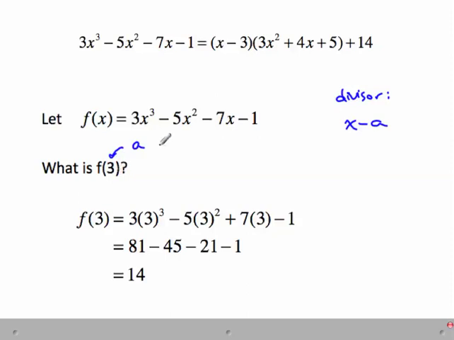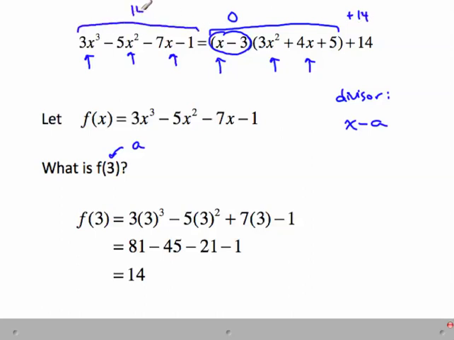Is that a coincidence? No, it's not. Take a look at the statement above. This is an equation, so the left side and the right side have to remain equal no matter what we substitute in for x. If I substituted in 3 to evaluate the function, I subbed it in all of these places. Now notice here, if I substitute in 3, I get 3 minus 3, and this becomes 0. That means it doesn't matter what happens over here, this whole part is going to be equal to 0. And then I've got my plus 14 at the end. So the right-hand side is going to become 0 plus 14 is 14,